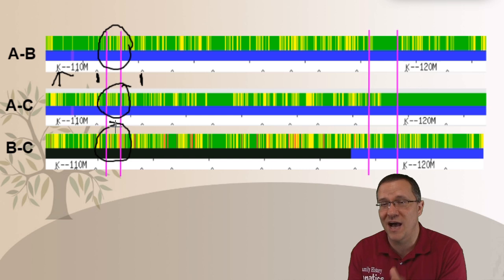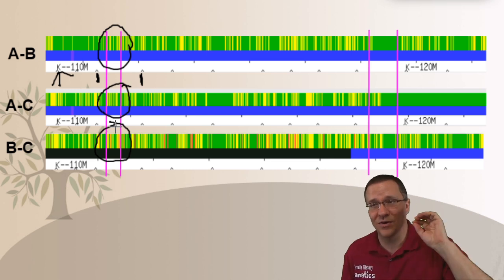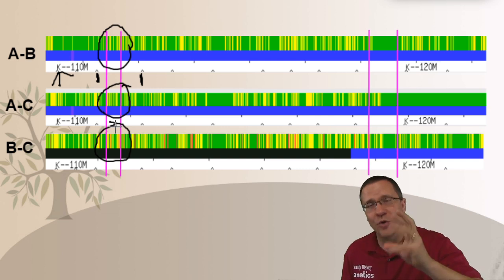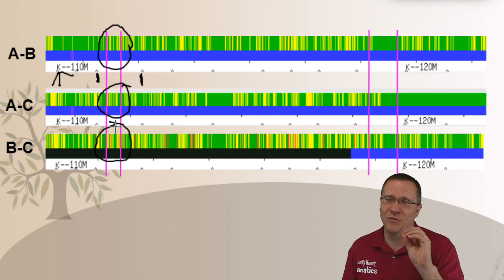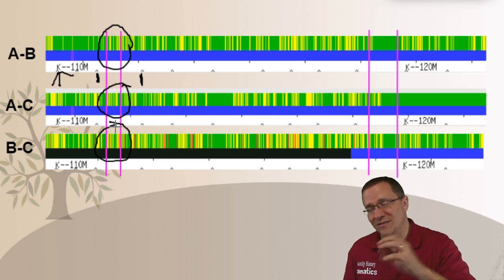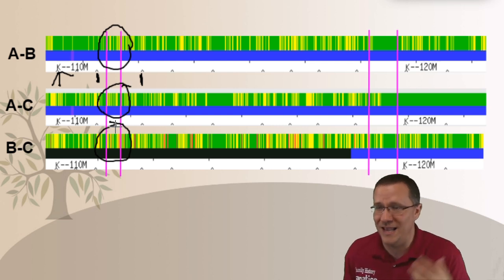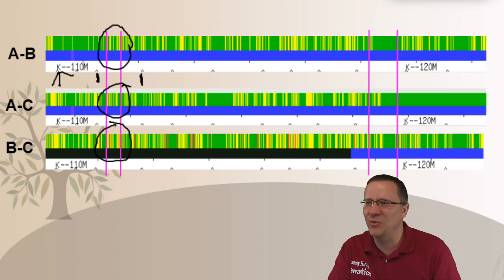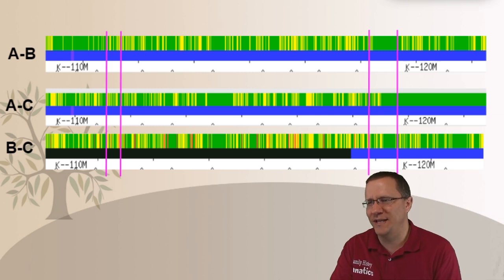And right now I'm not seeing anything on here that's telling me that there's a recombination point. It looks like it's pretty consistent as far as the yellow-green on both AB and AC. There's no real overlap between those two. We can see on the BC that there are a couple of red tick marks in there, as well as the yellow-green. And again, it is not consistent with the AC or the AB. So I'm going to say that 112.8, 112.3, there's not an extra recombination point in there.